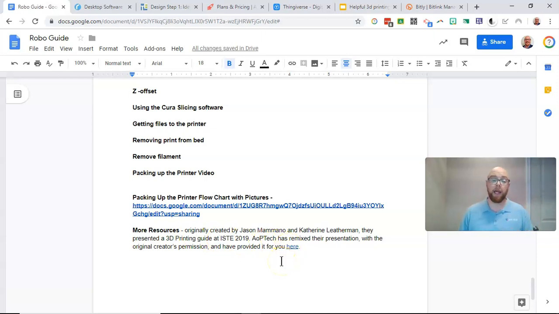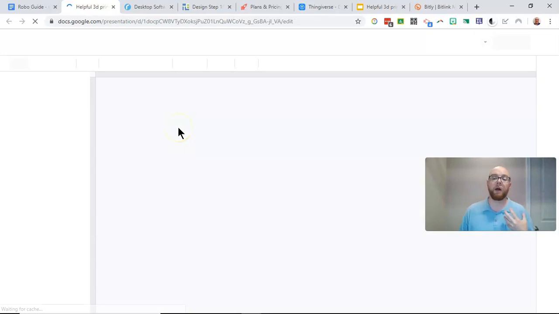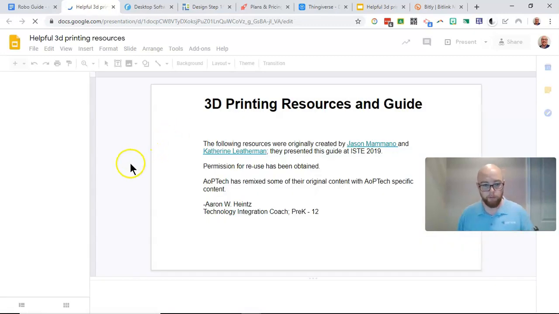And then right down here, a lot of the resources actually in this guide came from a presentation from Jason Mamano and Catherine Leatherman. They presented at ISTE last year. They have graciously allowed this presentation to be remixed. And so we've done this with permission. I talked to Jason. He gave me permission. So we are sharing this, and then what I did,